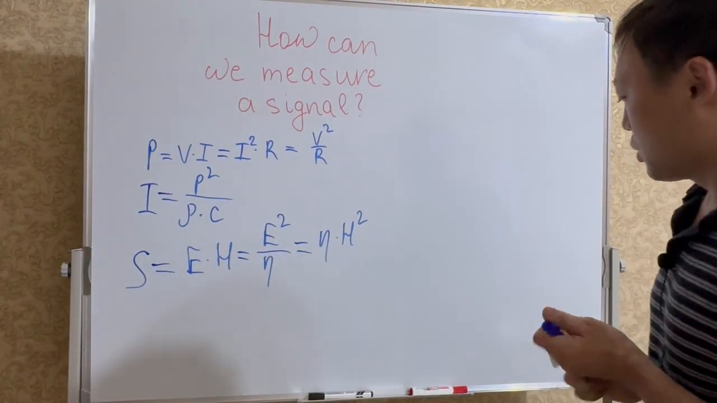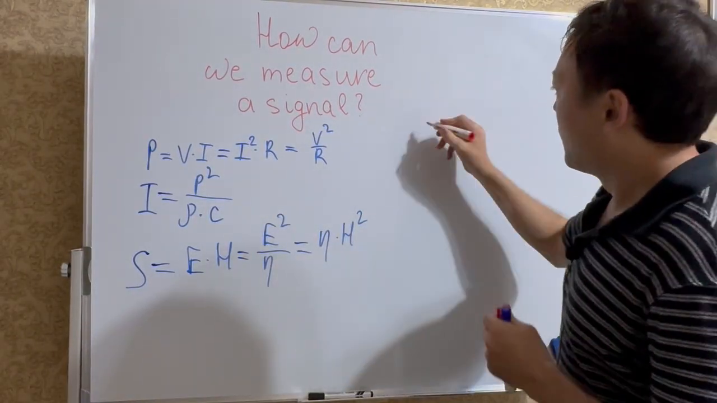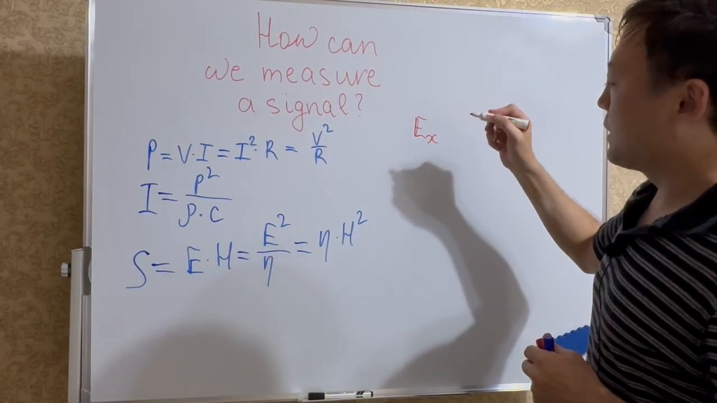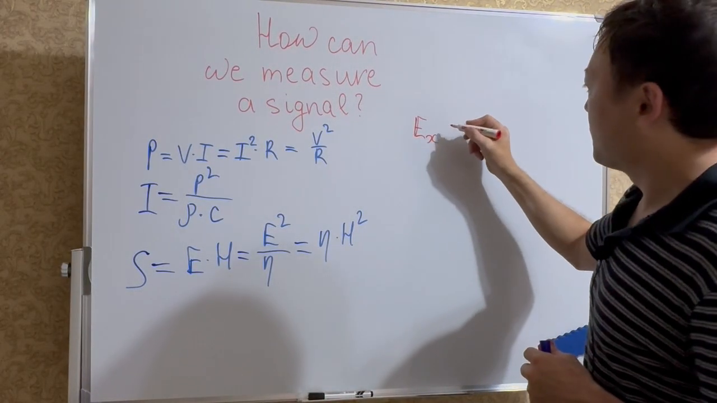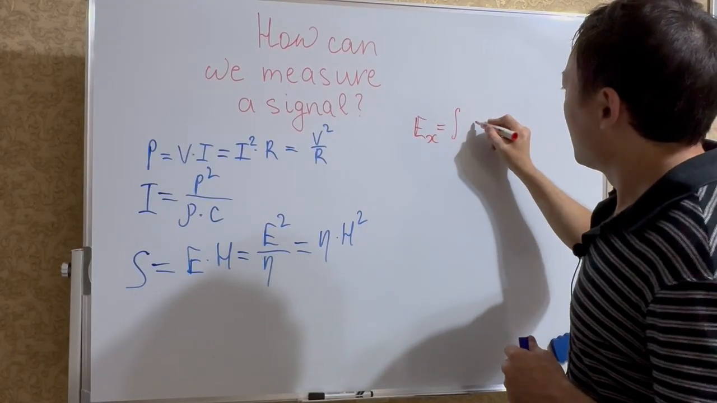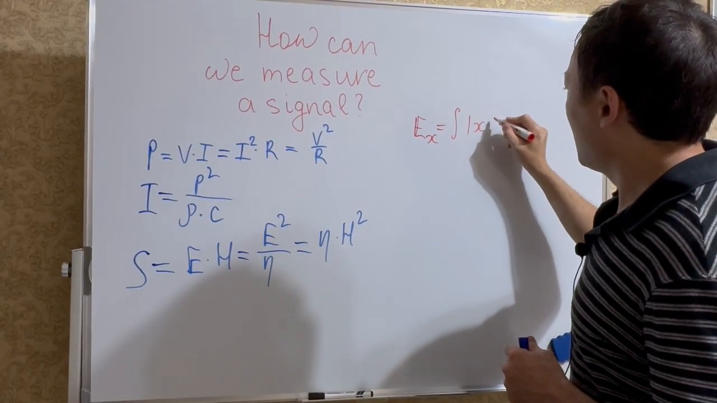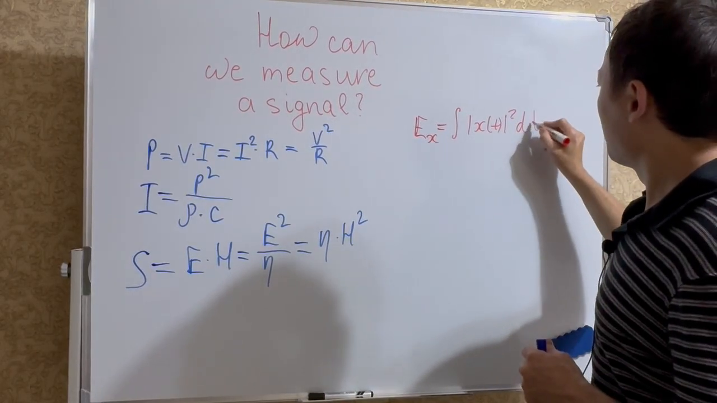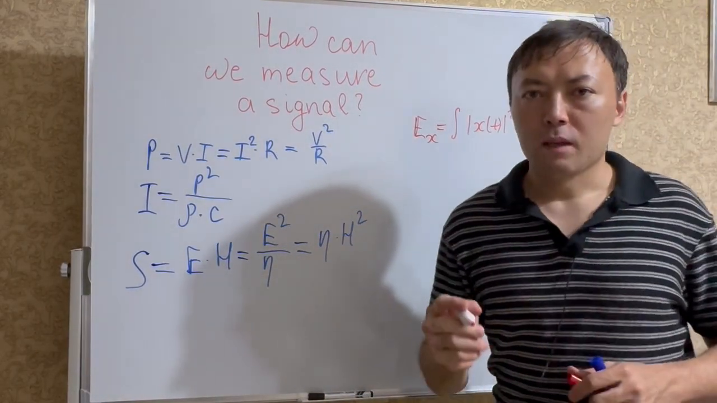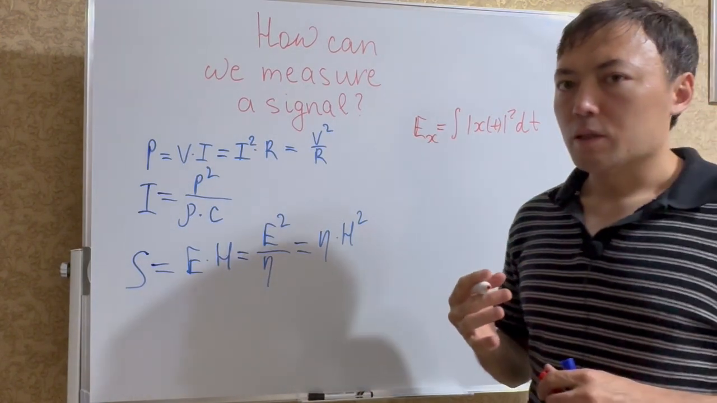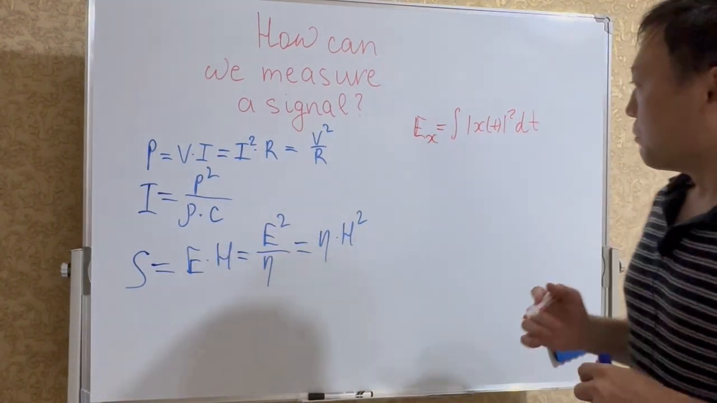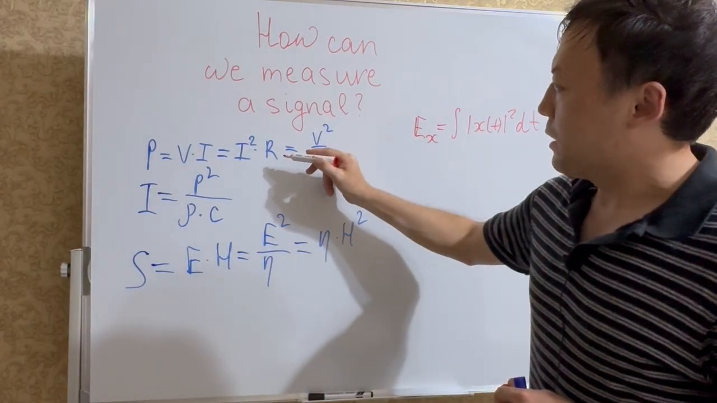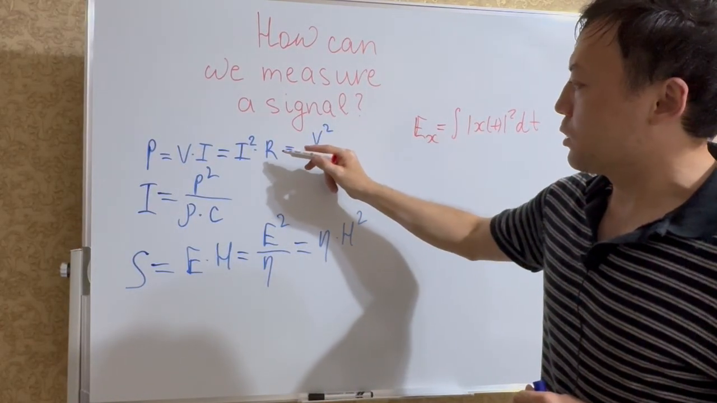So our choice of the area under the square value of the signal as the measure of signal size has a physical, meaningful basis. But here we can see that everywhere we multiplied or divided by the constant of